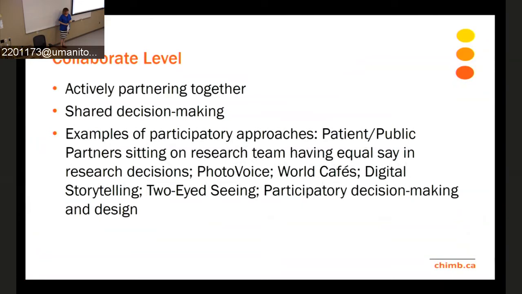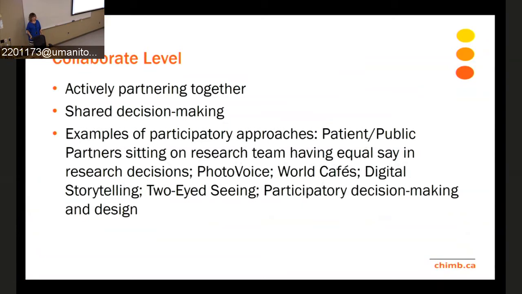Have we put in place a participatory approach to run our meetings in a way that ensures everyone at the table has the opportunity to express their feelings? How do we resolve conflicts, and how do we make a decision that's shared? A lot of times research teams, when we get together, we don't even think about those processes, but it's really important, especially if you're bringing patients and